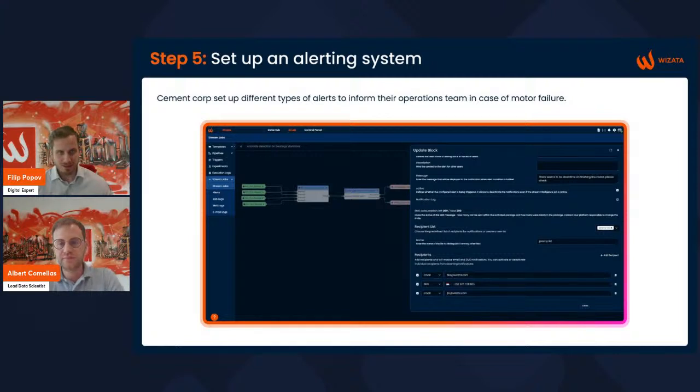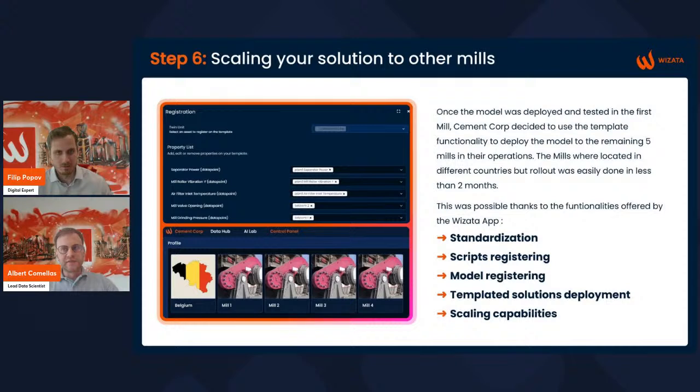So the only thing that's left is to actually scale and deploy that on multiple mills across all our production sites, correct? So how do we do that with Wisata, and how does Wisata help you scale? I guess, how would you do it if you didn't have it, let's say? The Wisata platform, one of its main capabilities is to offer a comprehensive standardization for the deployment and the scaling of AI models. So it simplifies the whole automating process.